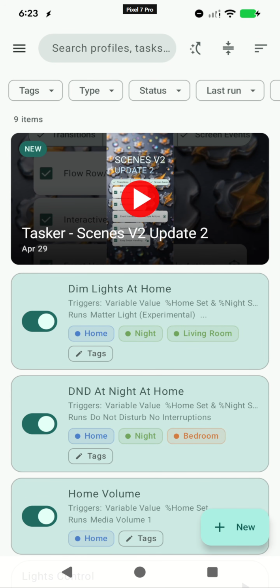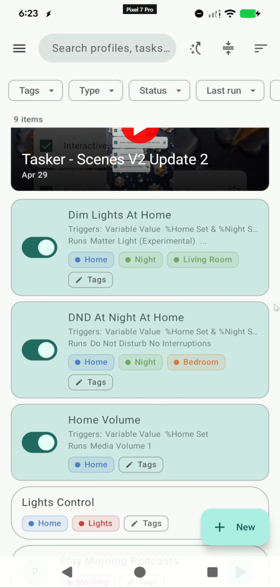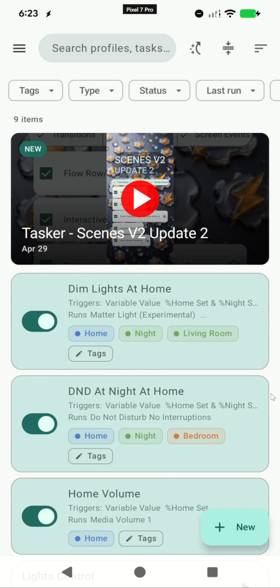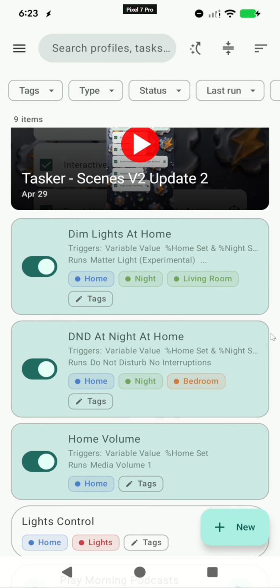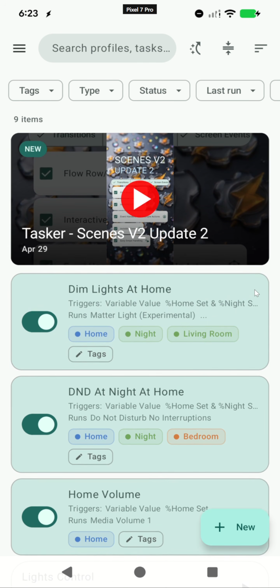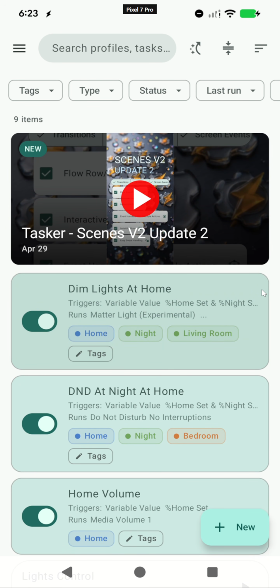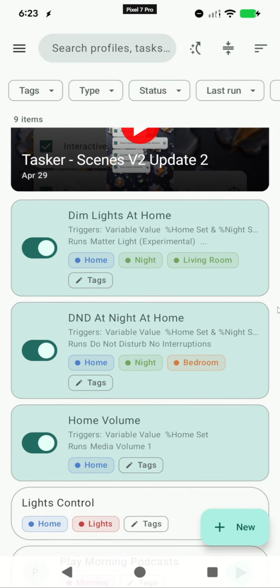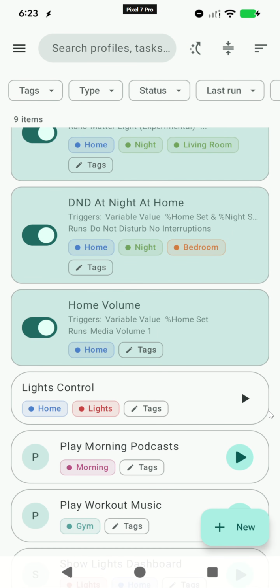This is Tasker's new main screen. It's still in development, but this is a blueprint of what's to come, and hopefully it'll be much simpler and easier to understand than the current UI. Let's check it out. So the main idea is you have a screen with items that you can scroll through,